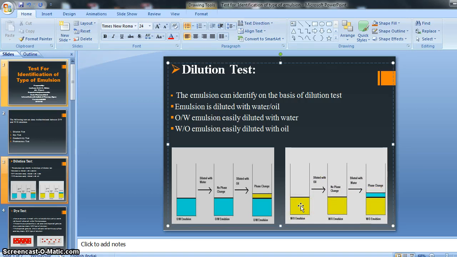Suppose we take an emulsion and add water. If after addition there is no change, then we will call our preparation an OW type. If there is a phase change, then we will call it a